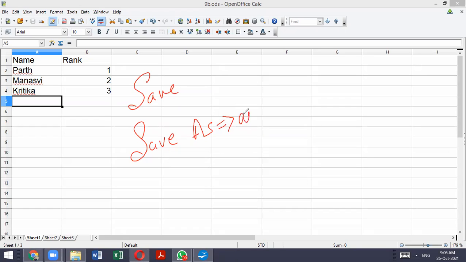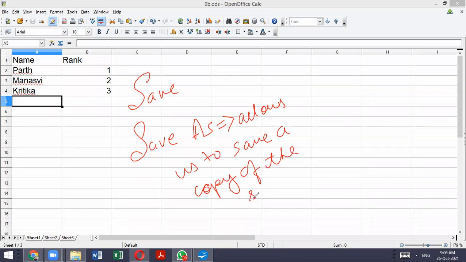Save as also allows us to save the copy of the file in other formats, to save a copy of the same document with some new name. Understood now? Save as will allow us to save a copy of the same document with a new name.